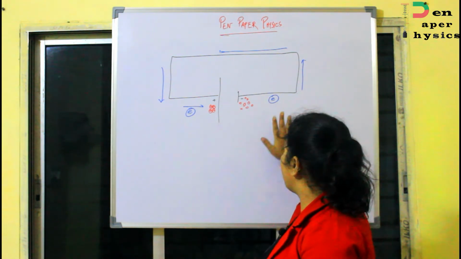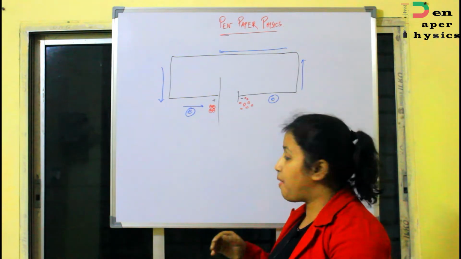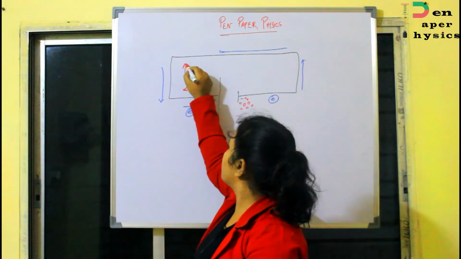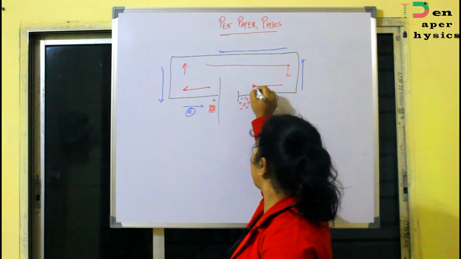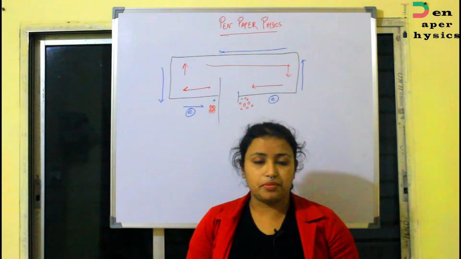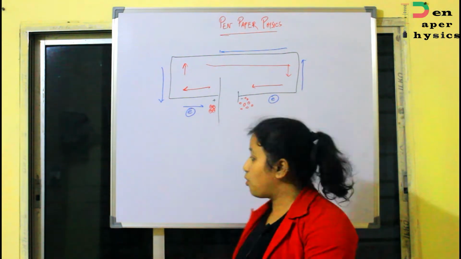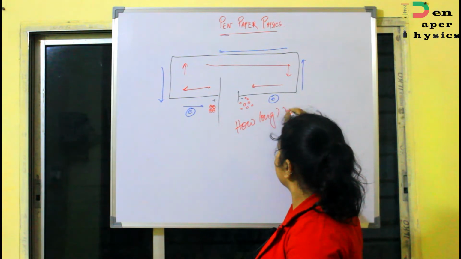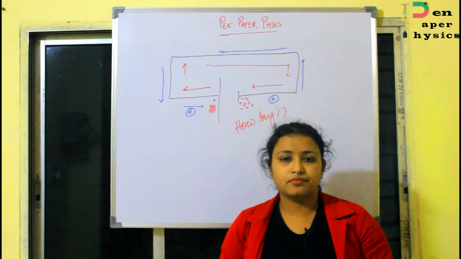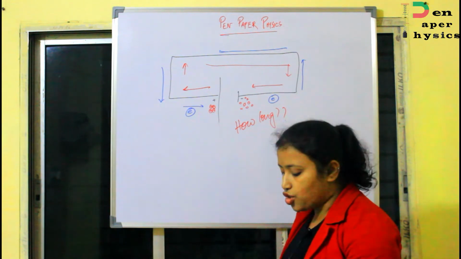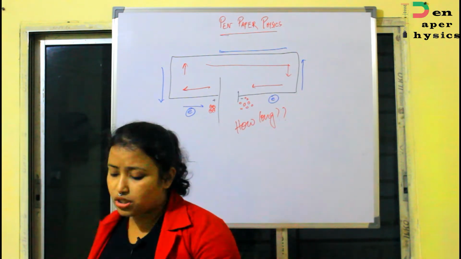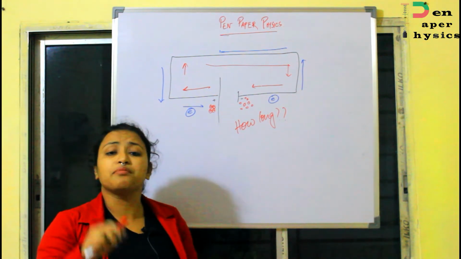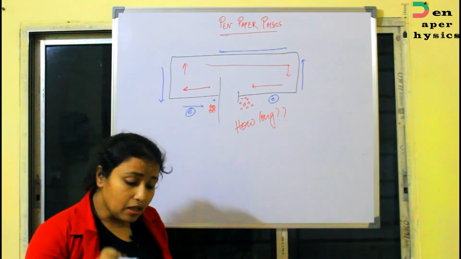Okay, so now electrons are automatically flowing, and by convention we say that the current will flow in the opposite direction. That means from the positive terminal to the negative terminal the current is flowing. But the question is, how long will it flow? It will automatically stop once the number of charges on both sides becomes the same.